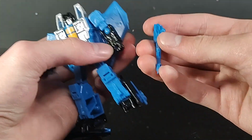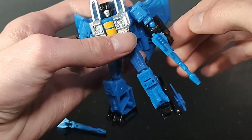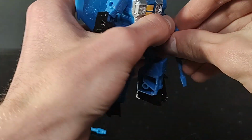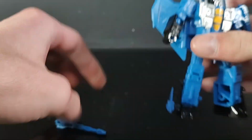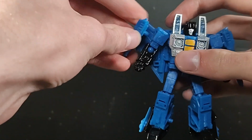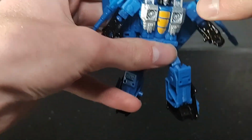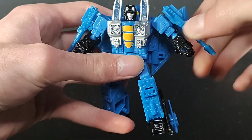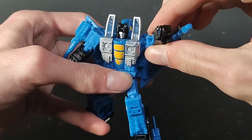Obviously, you do have the option if you want to, he can hold them. I don't know why, that just looks really weird to have a Seeker hold the null rays. Obviously, they're supposed to go in his shoulder holes, and that looks absolutely stunning. I love the way that looks, especially if you get him in the right pose. Hey,